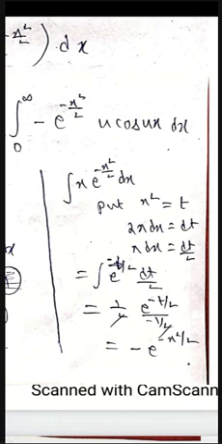That means you have to differentiate the function. After the integration, the inside function has to be differentiated. After differentiating, whatever constant comes, you have to write it in the denominator. Same as it is, I have to write minus 1 by 2 in the denominator. 2 gets cancelled. So that minus e power minus, in the place of t, I have taken x square. So minus e power minus x square by 2 is the answer for integration of x e power minus x square by 2 dx.